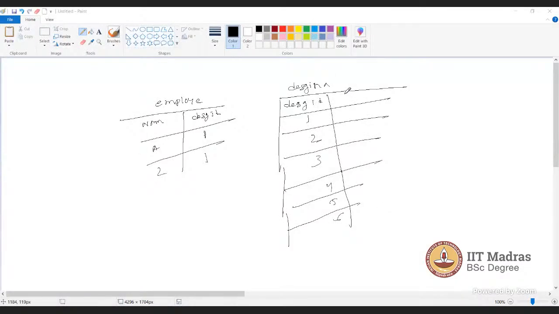Sir, I really didn't understand how 105 came. See, designation ID is a primary key in designation, and it has all unique values. When it acts as a foreign key in the employee table, then there also it will be unique, right? Let me give one example. Suppose the designation ID contains 1, 2, 3, 4, 5, 6, and suppose the employee table contains A and B, and the designation ID is 1, 1. So what will be the full outer join? How many tuples will be returned? Can you tell?